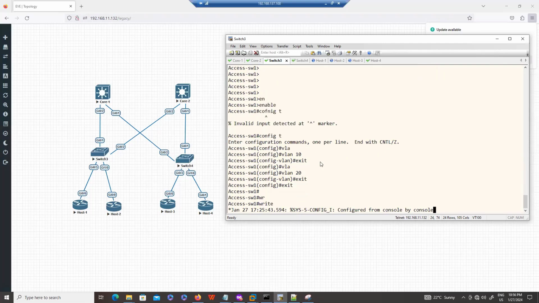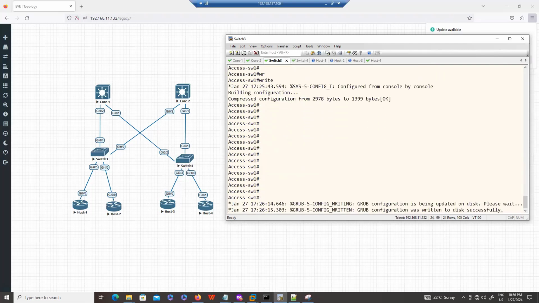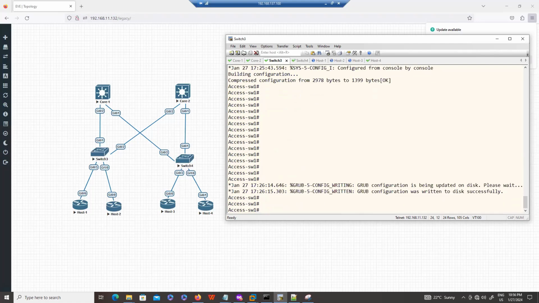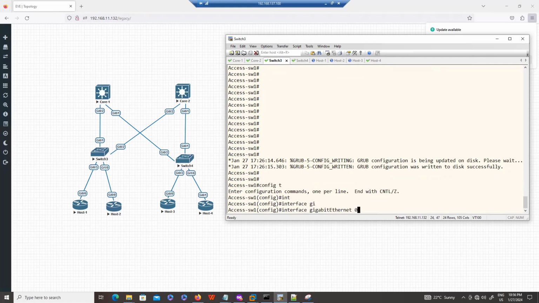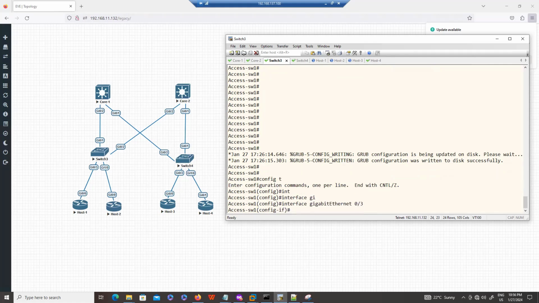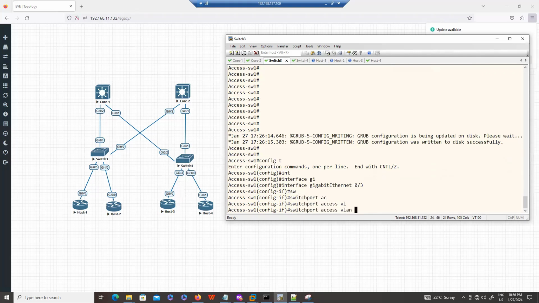So the way we will do this command: technically only a single command is required, but I will tell you we need to configure one more command. Technically, if we want to assign a VLAN to any port, only this command is enough. Let's say gigabit 0/3, as per my requirement, this port should be in VLAN 10, and this is the only command: switchport access vlan 10.